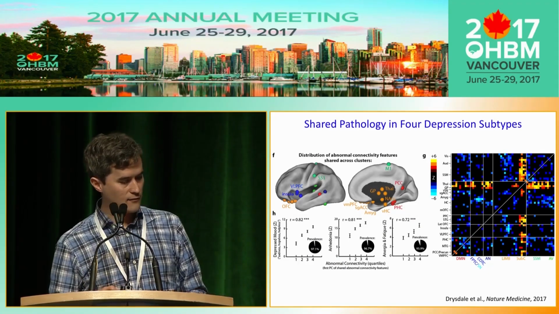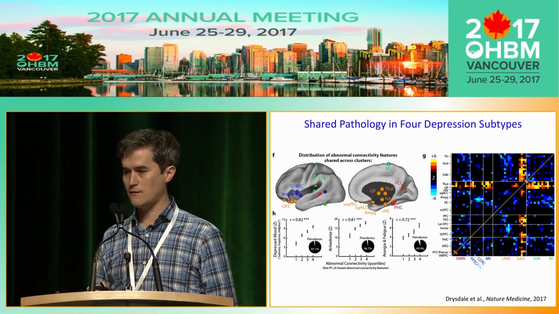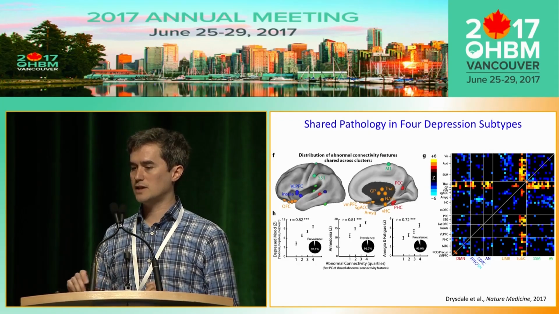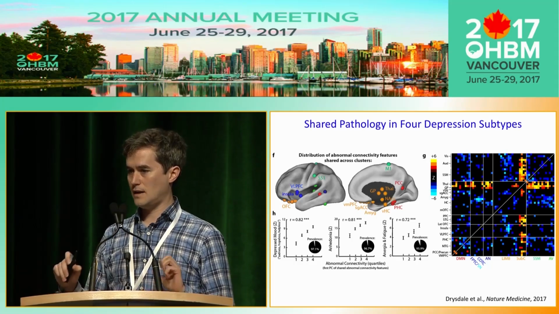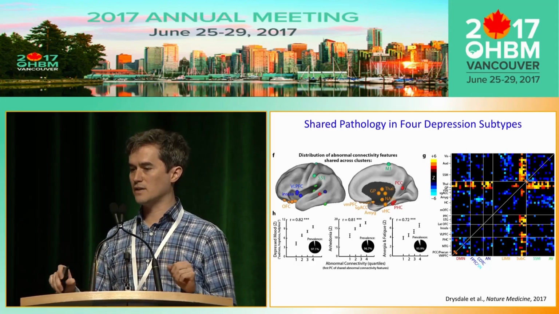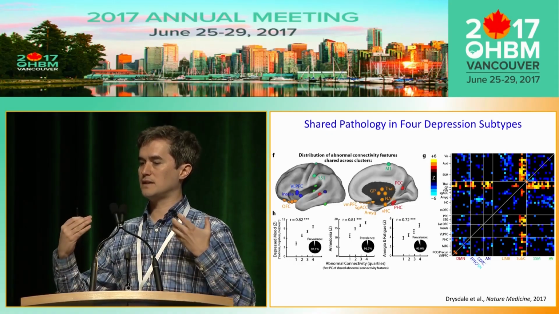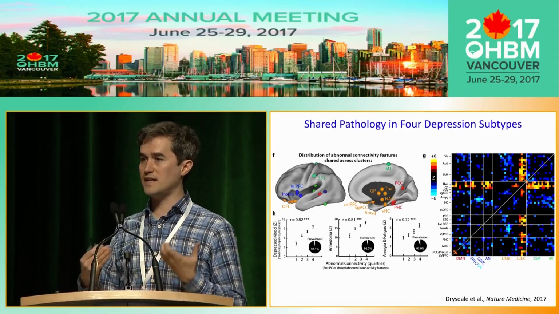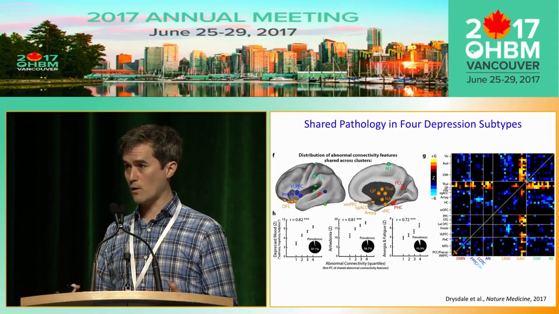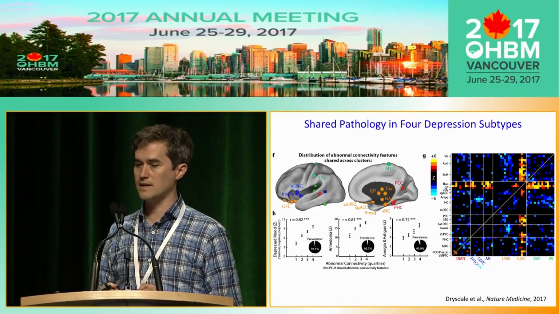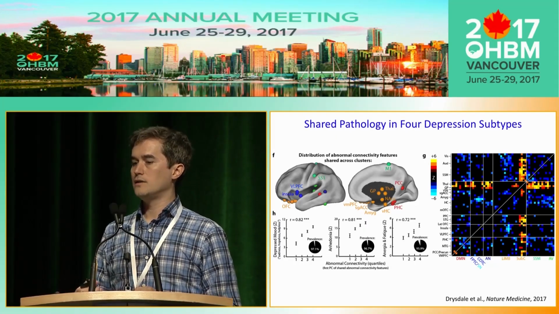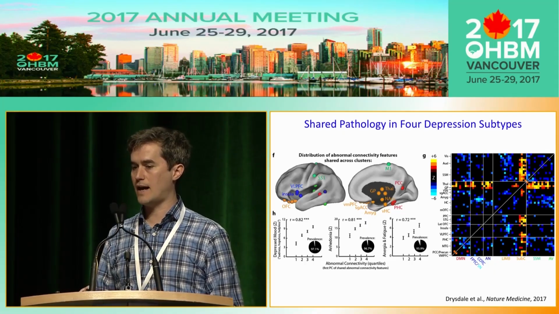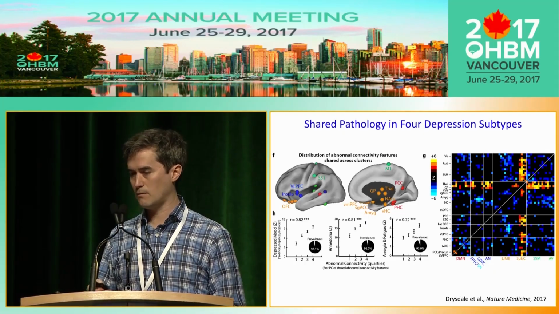Okay, I'm going to take the last 5 minutes to tell you a little bit about some of our findings. I'm going to skip this part, basically just suffice it to say that we looked at the relationship between functional connectivity in our 4 subtypes and clinical symptoms. To summarize, we found that there were some functional connectivity features that were shared across all 4 subtypes, and that they were predictive of the severity of clinical symptoms that were also shared across all 4 subtypes, including depressed mood and anhedonia. These 2 symptoms, one of them, you have to have one of these symptoms to have a diagnosis of depression,